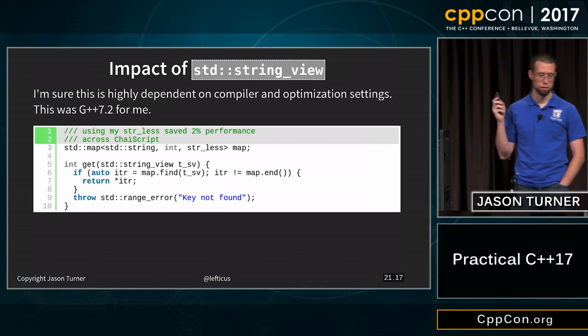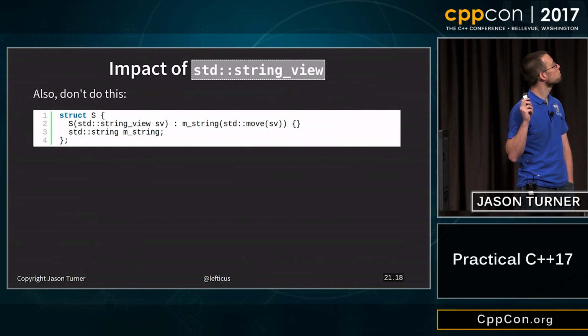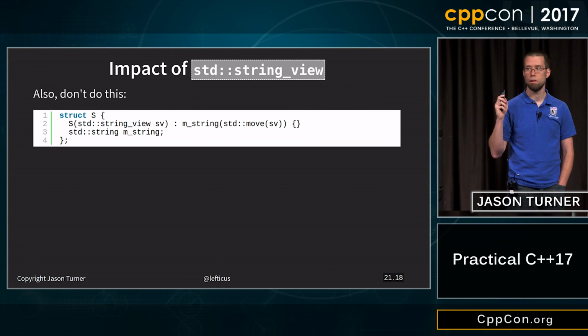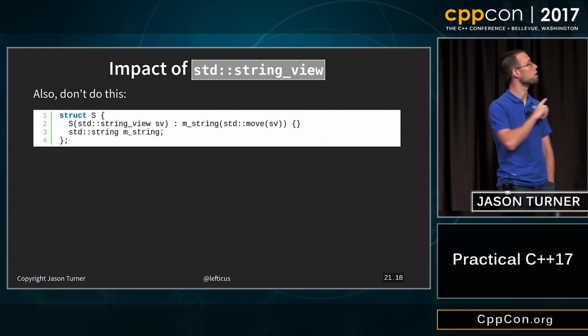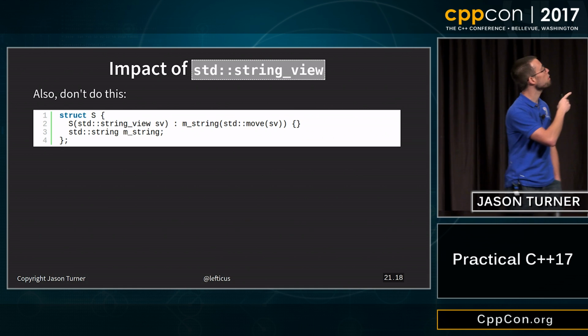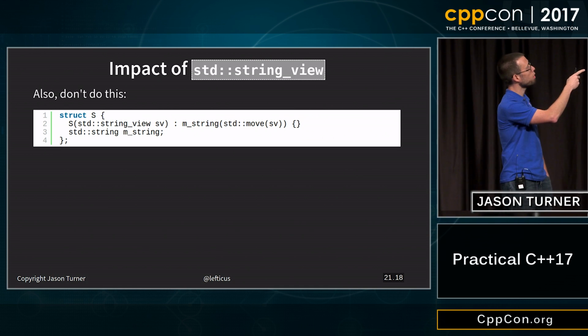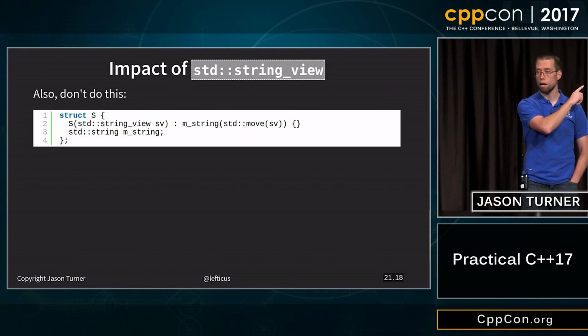Also, don't do this. This compiles without warning. It's happy. There's automatic conversions here. So we pass in a string view into our constructor, and then we are converting that into a string. And this is perfectly valid. However,